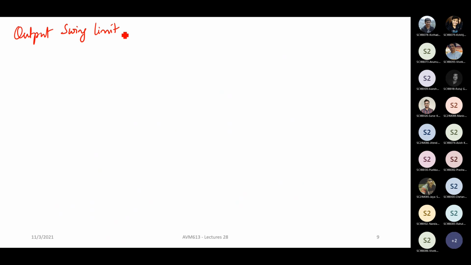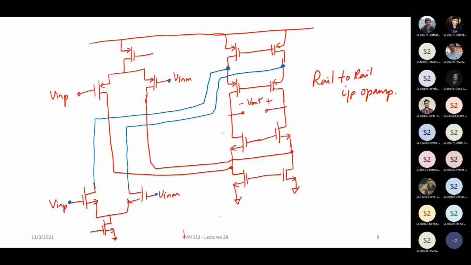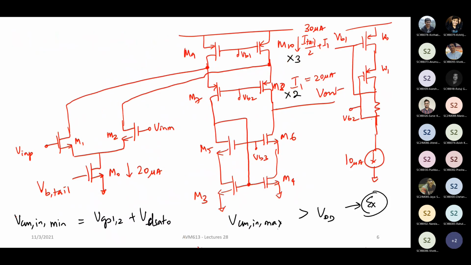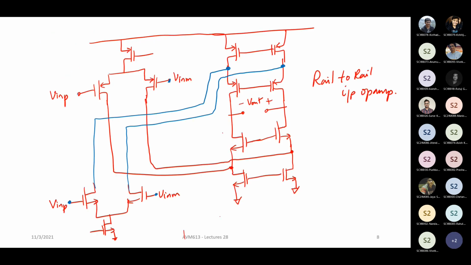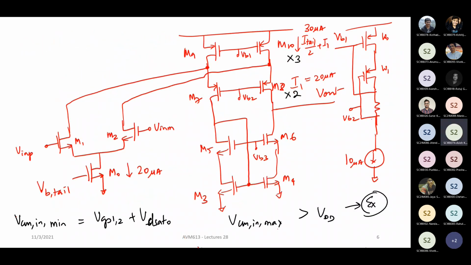We looked at the input swing performance. Now looking at this, what do you think will be the output swing? What will be the output swing limits? What will be V out max? VDD minus...